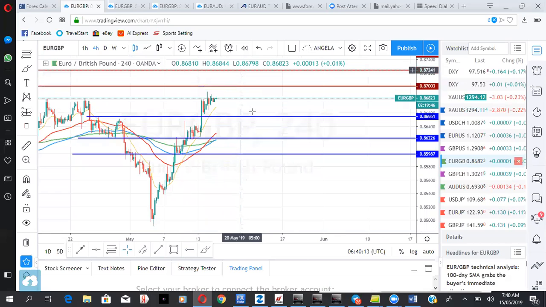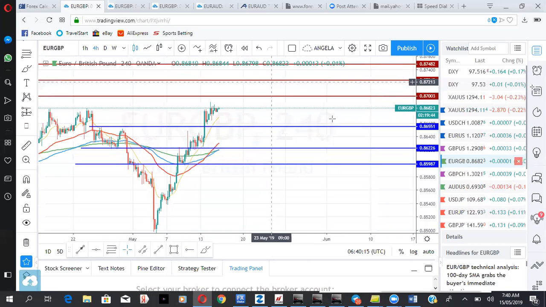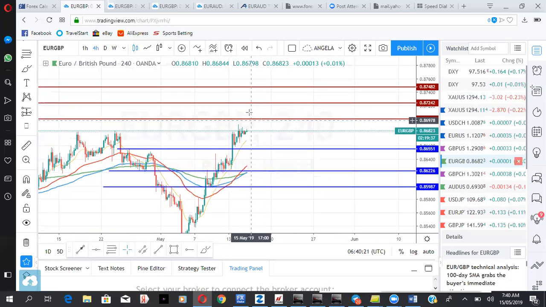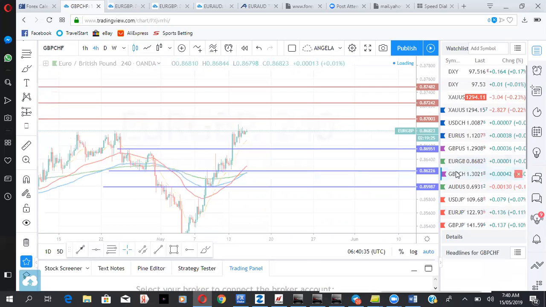So you just need to be aware of this resistance zone here between 87.00 and 87.24. Most likely, they will be gunning for this level. And when that happens, it will then push the GBPUSD into its level of demand. So let's see how it plays out. Next we'll be looking at the